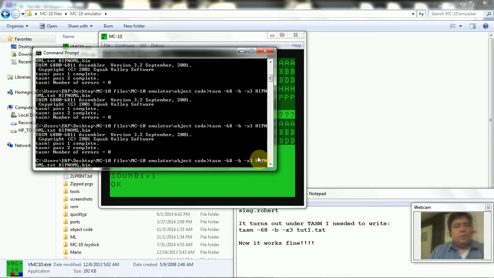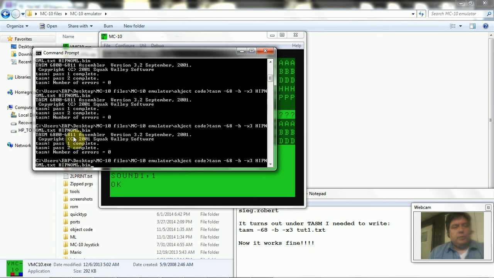Has some added instructions, and then it's HipnoML for machine language .txt, and it's going to create a binary file called HipnoML.bin, and if I enter that,